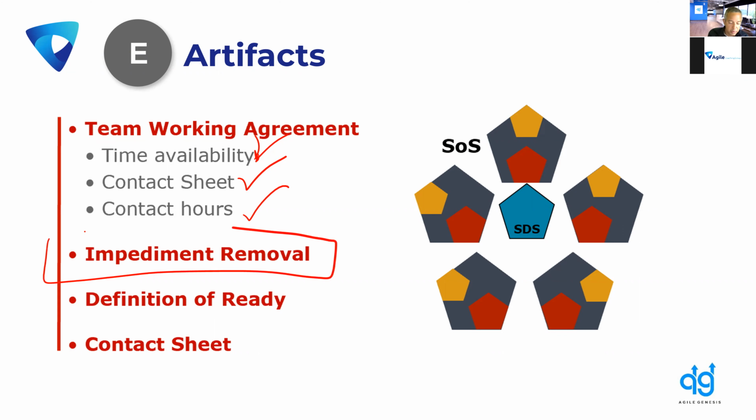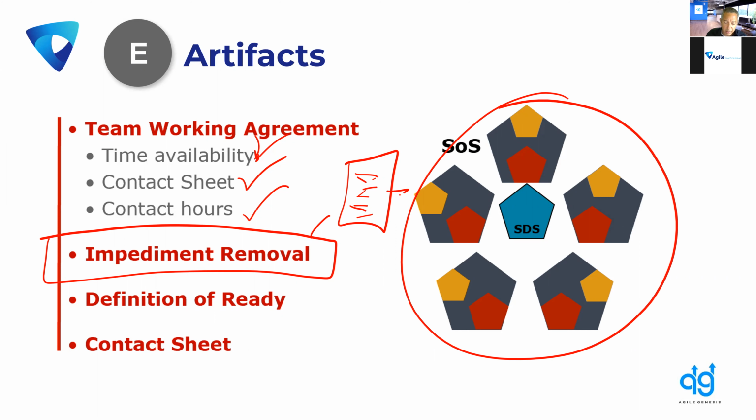Impediment removals. So this is an impediment backlog. I recommend that you keep an actual backlog that is for impediments that each team is having. And this is something that the Scrum of Scrums maintains so that it is systematically being addressed on a daily basis, and it has an age. How much time has this been a problem, so that we can see if we're addressing things on a regular basis or not? And if we're not, we got ourselves a problem, and that is that we're not addressing problems,